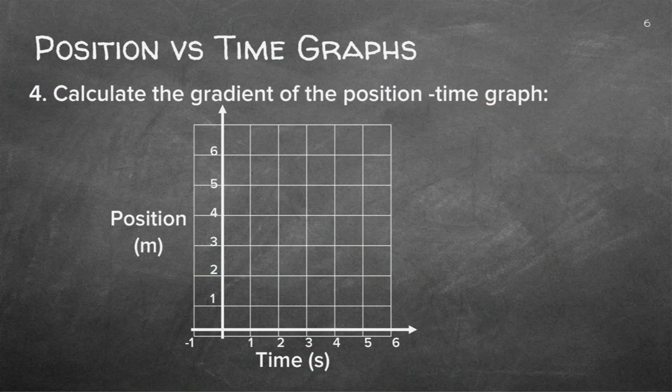From this graph that we drew, they asked me now to determine the gradient. Now remember, your graph is there and you now have to determine your gradient. Let's quickly complete the y-axis, which is different to the one I had. Now, how do we work out gradient? Firstly, you'll get a mark for the equation. The gradient is the delta of the y-axis over the delta of the x-axis.